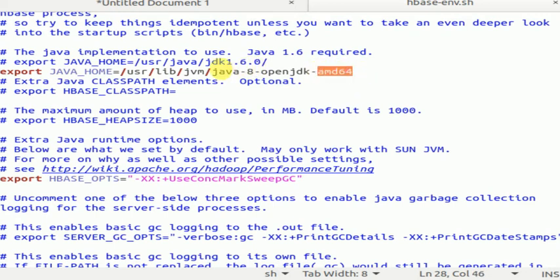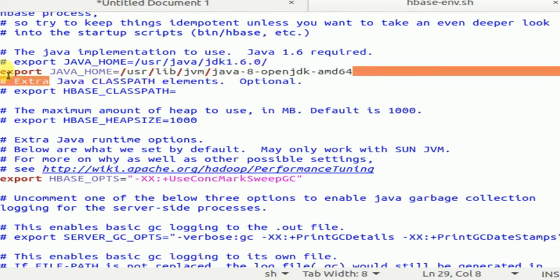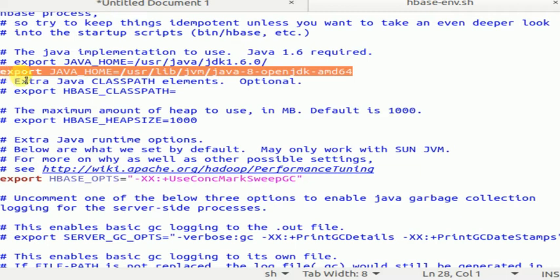See, I have pasted it here, and you should also ensure that the path line is uncommented. Once you have done this, you save the environment file and exit.